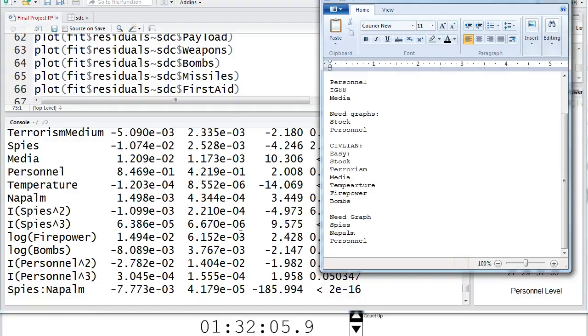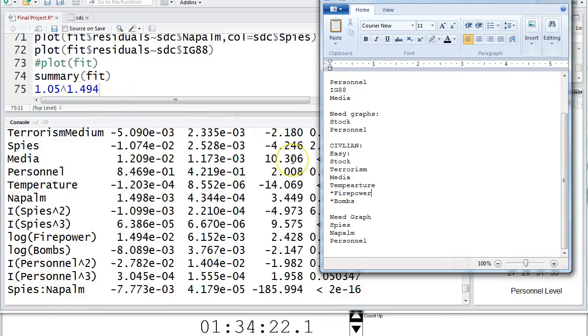Any others? Well, bombs isn't necessarily complicated, but I'm going to want to do some math because it's logged. And same with firepower, also logged. Okay, so let's kick these guys out, firepower and bombs. So I was about to start figuring out what to do with firepower when I realized, with the video paused,